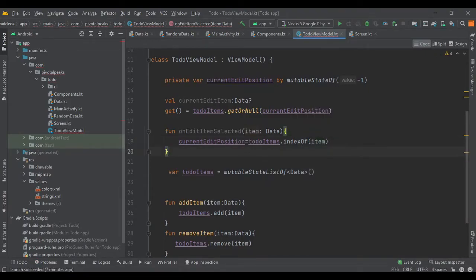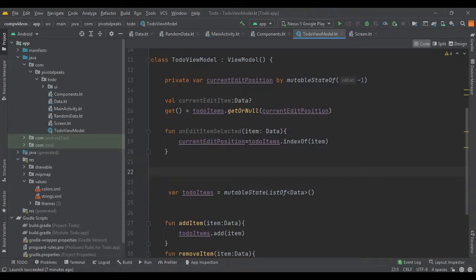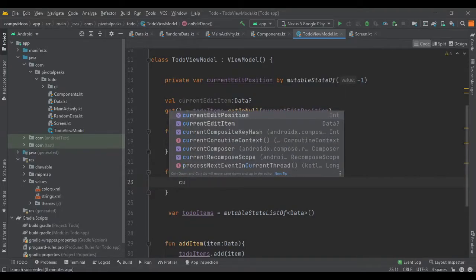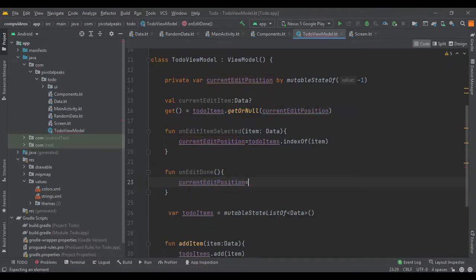And the second event we need is for when we are done with editing. For that we need on edit done, and inside this function we just need to set the current edit position to -1, so it won't increase, it will stay the same because we don't want to change the ID.